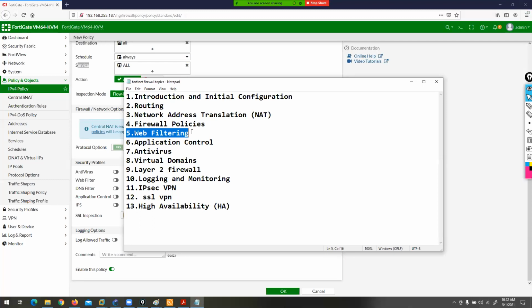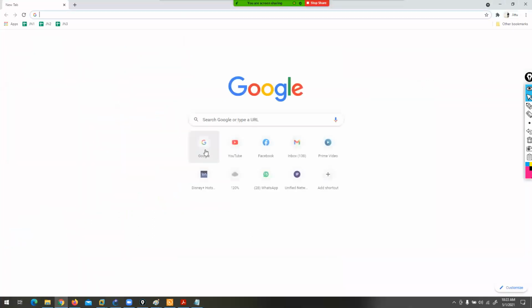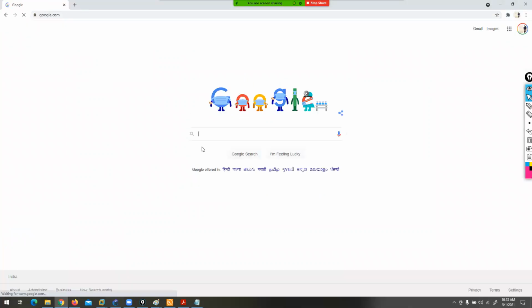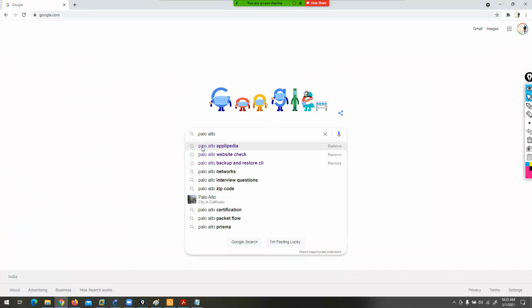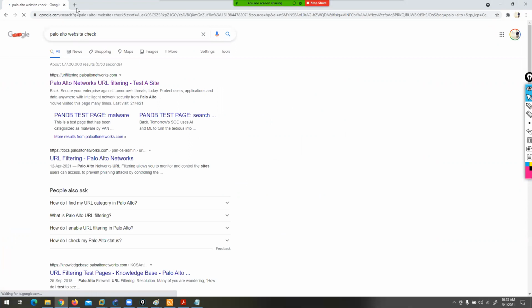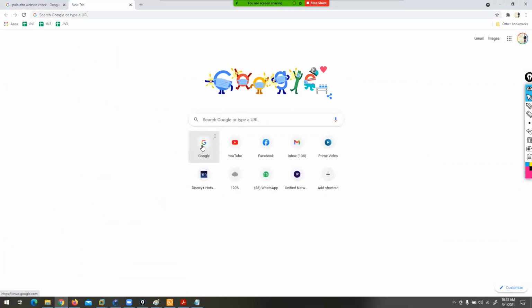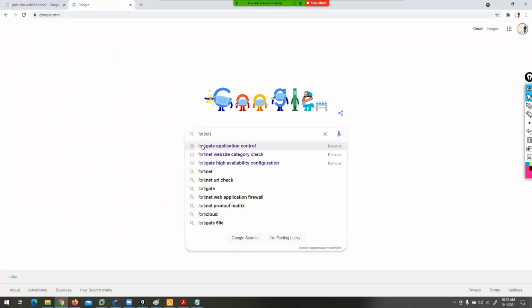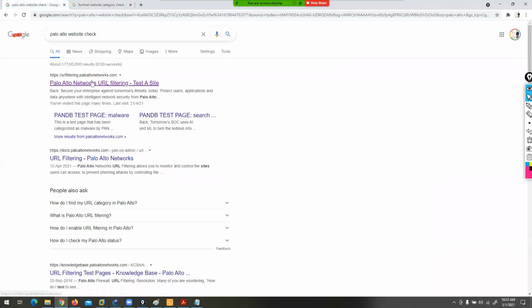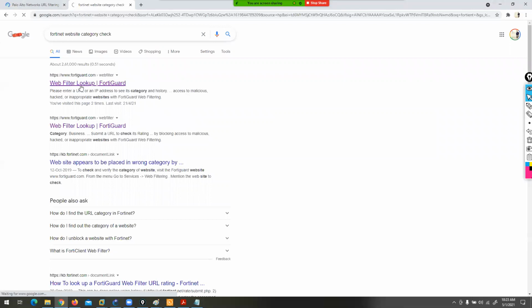And remember, guys, every URL has a category. Yes or no? Yes. If you want to verify the information, you can check the Fortinet website category. Remember, every website has a category.